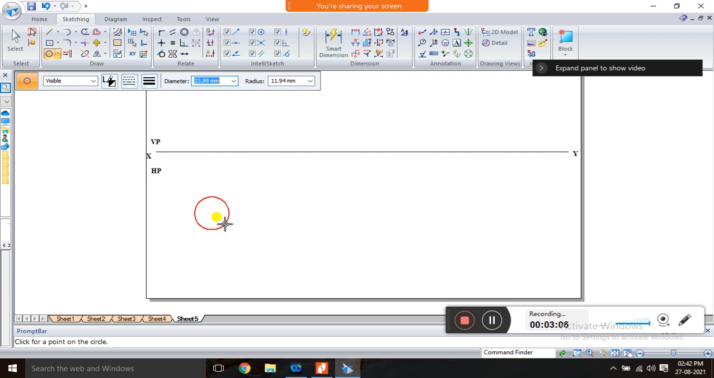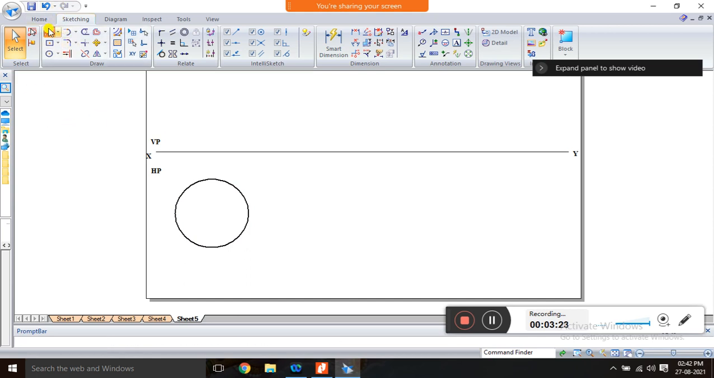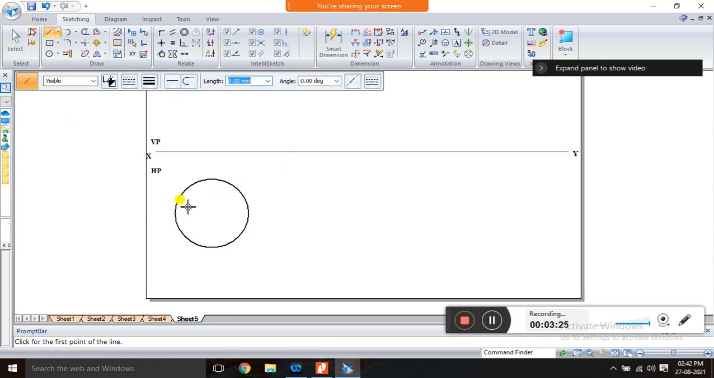So 25 mm is the radius. Then draw the circle. Like this you have to construct a circle. And after drawing the circle, if you want an edge condition, you have to draw the vertical line exactly from the center, or if you want a corner condition, you have to draw the horizontal line. Here we want an edge condition, so directly draw a line,